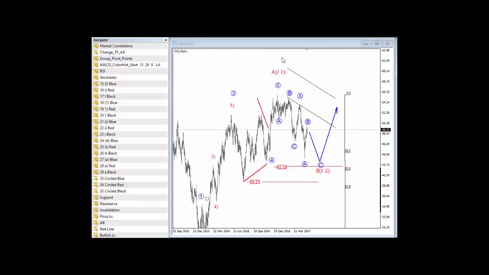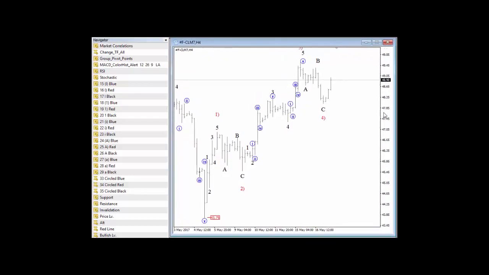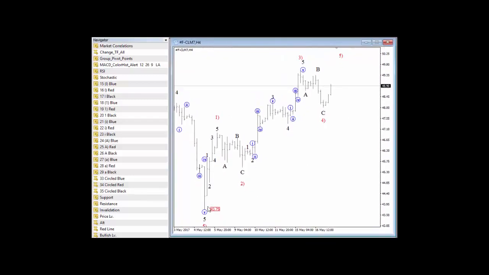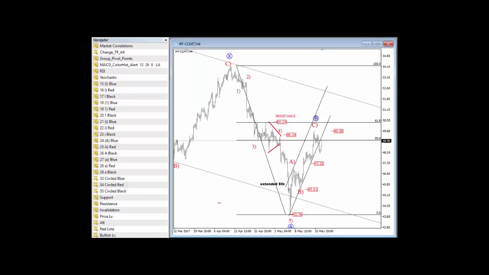I've also prepared this alternate scenario, since we don't know where the market is trading, and actually this count is pretty clear here. It can be wave 1, wave 2, 5 subwaves up, as you can see here, within wave 3. Then, more importantly, it was a wave 4 pullback, and now we are reversing higher after this ABC decline. So, as I said, we will see a new high. Then clearly this leg should be treated as part of some larger 3-wave recovery. I would be looking for something like this. Okay, wave B would be expected to travel towards higher levels.